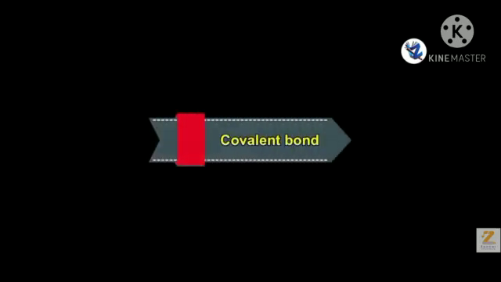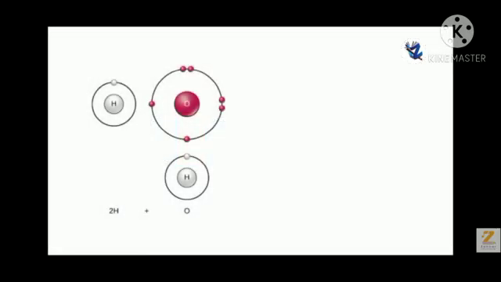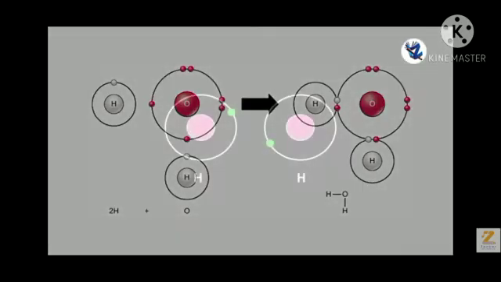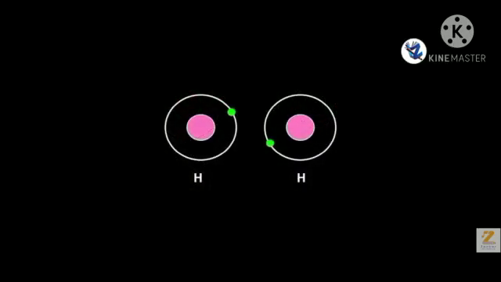Then another type is the covalent bond. Generally, a covalent bond is formed when atoms of 2 elements having similar properties combine. Such atoms cannot exchange electrons. Instead, these atoms share electrons with each other. The shared electrons become a common property of both the atoms and thereby the electron octet or duplet of both the atoms becomes complete. Let's consider an example of the hydrogen molecule.